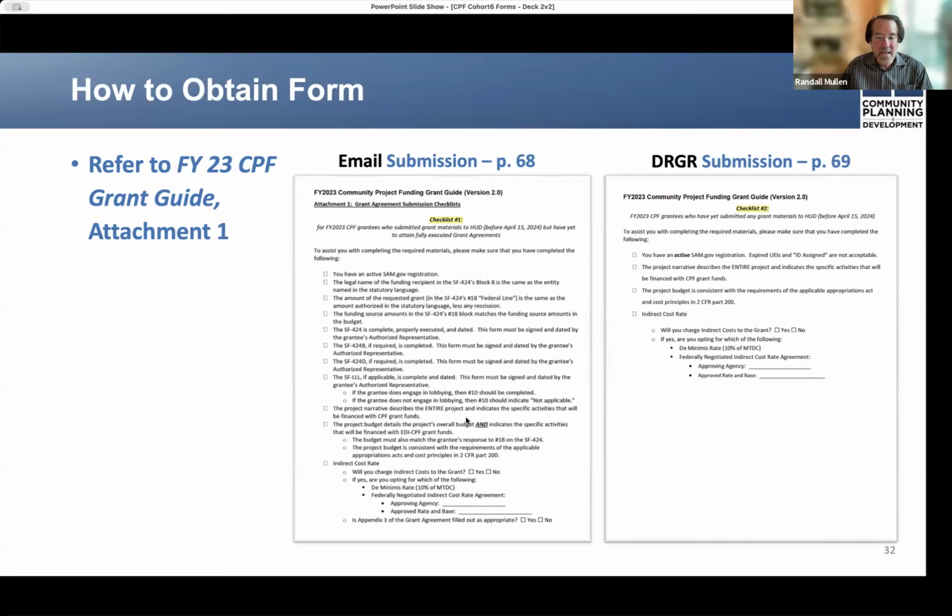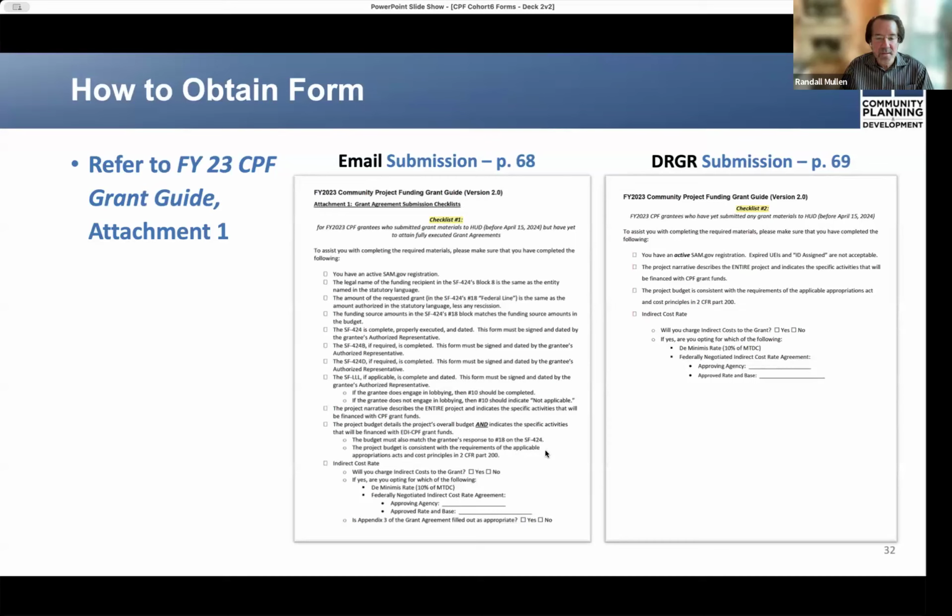And it's detailed actually a little more in the email submission checklist, all the way down, the next to the last item before the indirect cost rate.